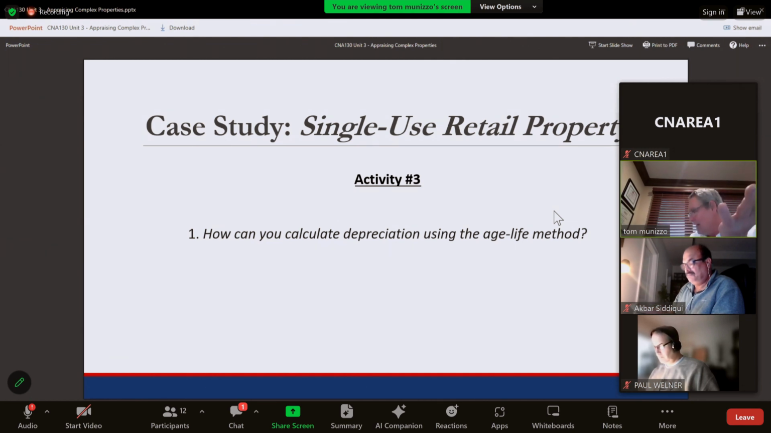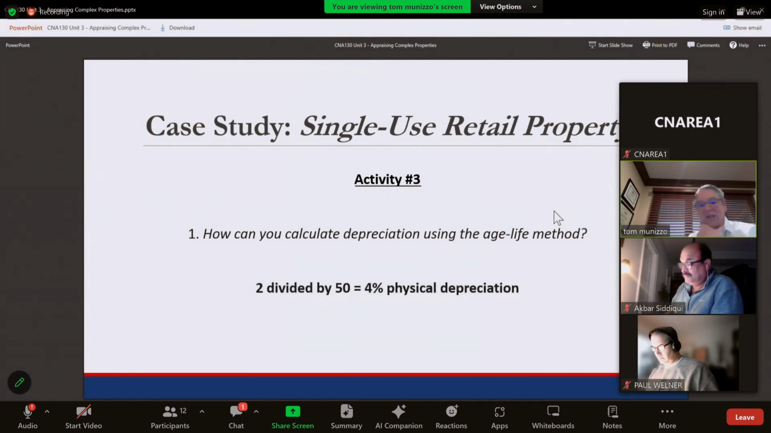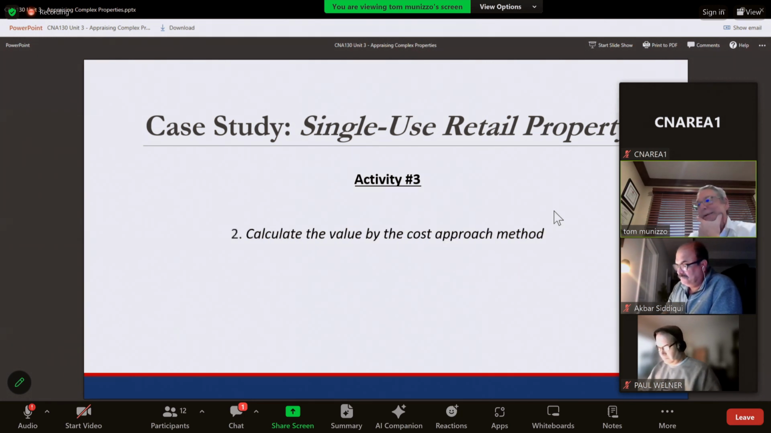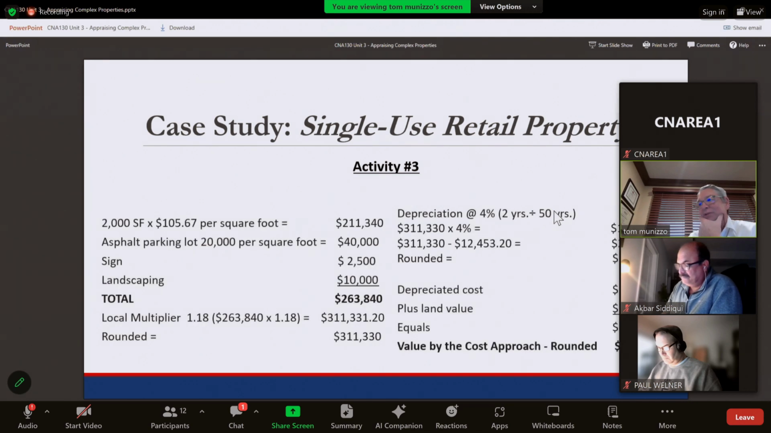Well, we know that. That's 2 divided by 50 gives us 4%, right? Simple, simple. Calculate the value by the cost approach method. So we take 2,000 square foot by 105.67 to give us 211. We add in our sign, our parking lot, and our landscaping for a total replacement cost of 263,840. We're going to multiply that by our multiplier of 1.18. That's going to increase that to